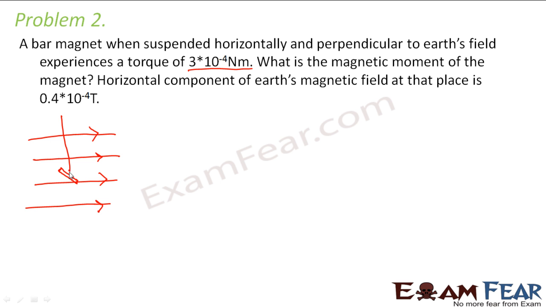So let us suppose that the bar magnet is suspended somewhat like this, which is perpendicular to the magnetic field of the Earth. I mean, I cannot draw it like this. It is like a three-dimensional figure which you will have to imagine. Let us suppose this plane is in the magnetic field and you have a bar magnet which is hanging such that it is perpendicular to the direction of the magnetic field. Okay. So we say that the magnet is perpendicular to magnetic field. So that means your theta is equal to 90 degrees. We have to calculate the magnetic moment of the magnet.